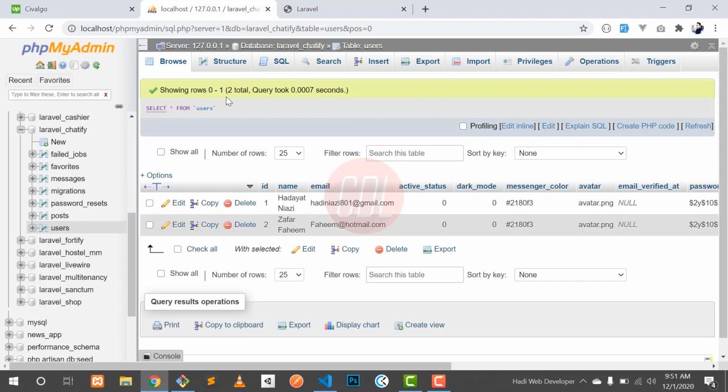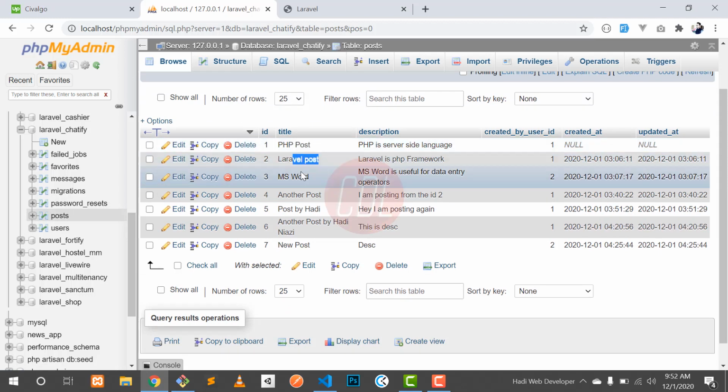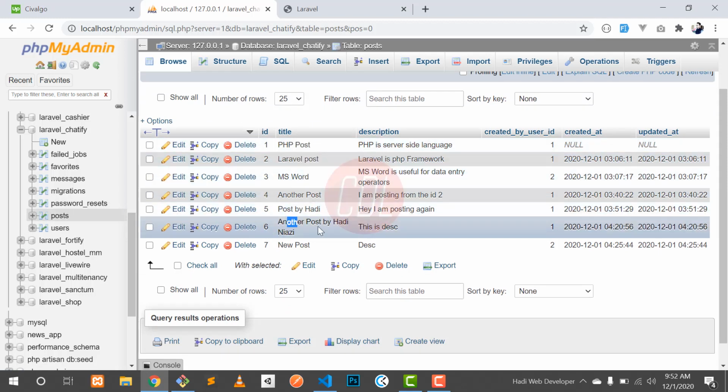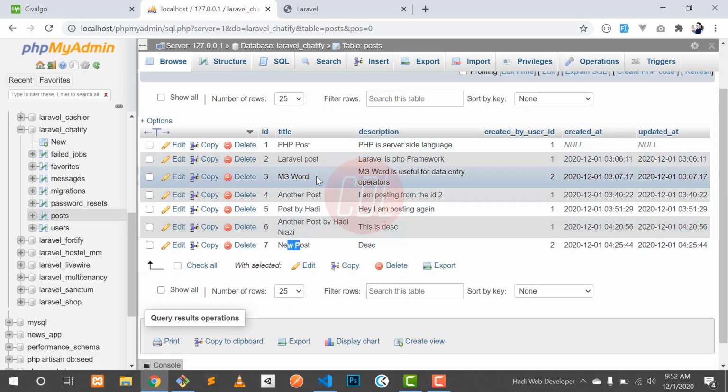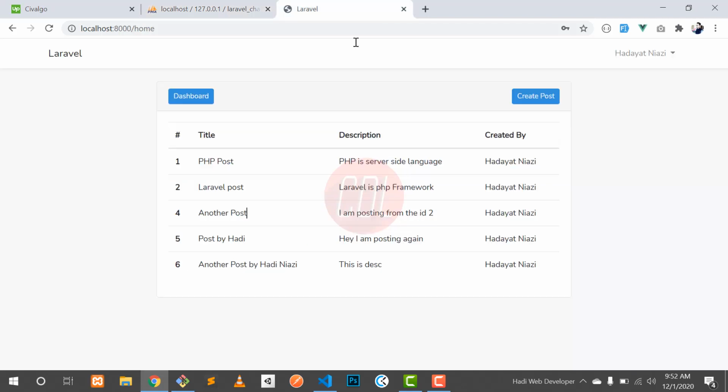But in the database, if I go to the posts, there are 7 posts. The 5 posts are relevant to user 1, Dayat Niazi, that's why it's only displaying 5 posts, not all posts.